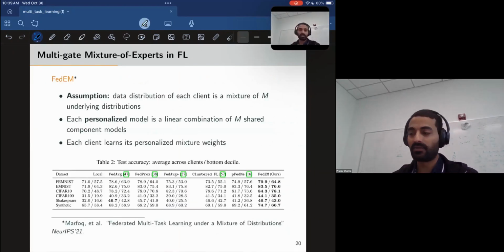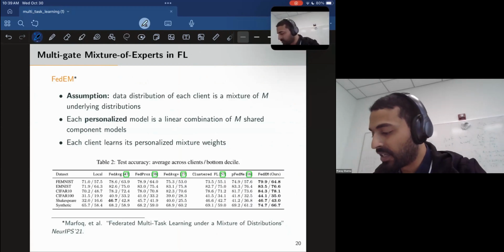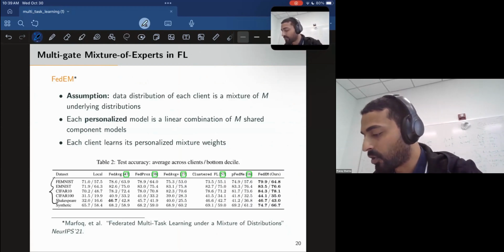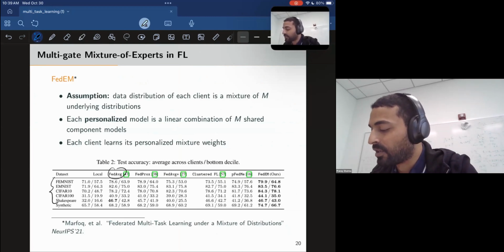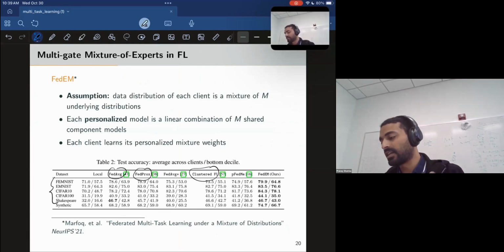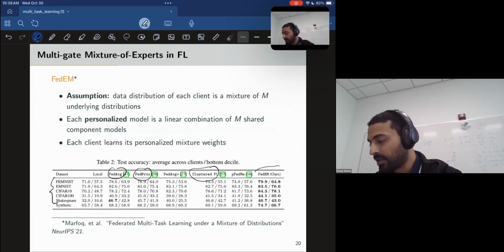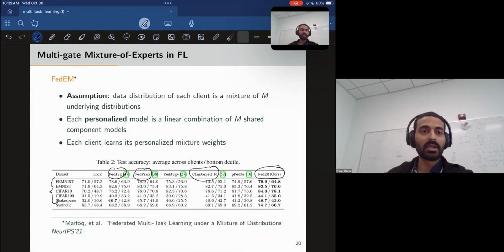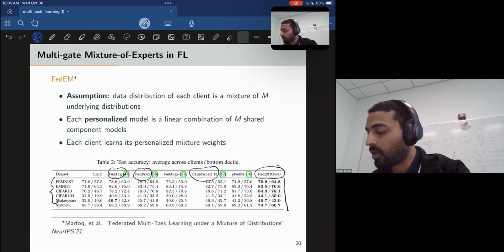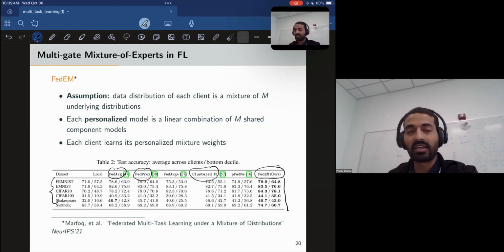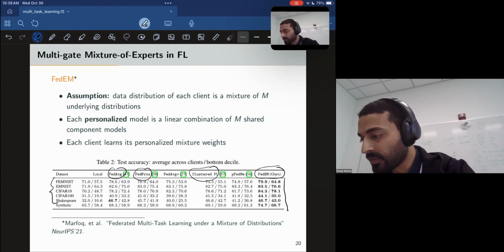And it turns out this indeed gives you some advantages. So they did experiments with a number of common data sets, and they compared a bunch of existing algorithms. So FedAvg, FedProx, clustered federated learning, and so on. And their method called FedEM. So here EM stands for expectation maximization. This consistently outperformed all the existing methods across all the data sets. So there indeed was some value to learning this mixture of base models, right?